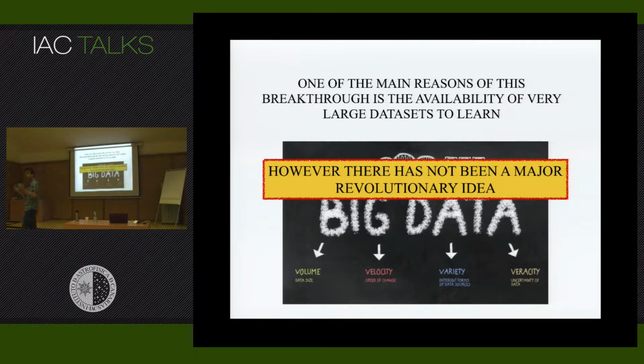Nothing changed. In fact, the idea of deep learning or convolutional neural networks is very old. It's from the 80s. There's no major theoretical change. It's just a matter of having the right technology and the right amount of data now, thanks in particular to social networks, for example, in which we all voluntarily put some data.